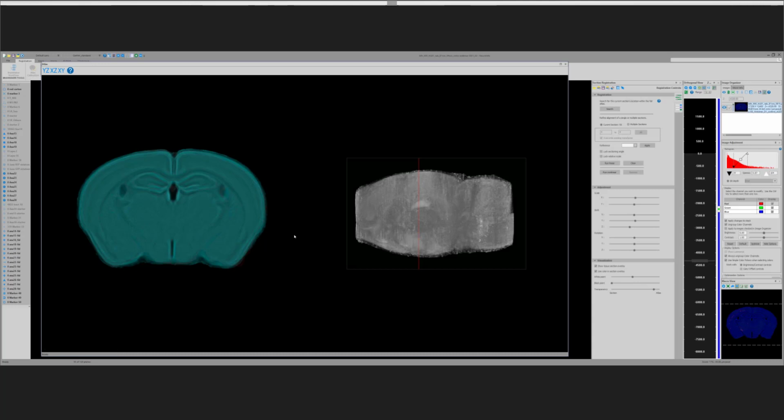So the strategy behind this is that we want to find a plane within the Allen space that best fits our experimental section into that Allen space. And we can do that by